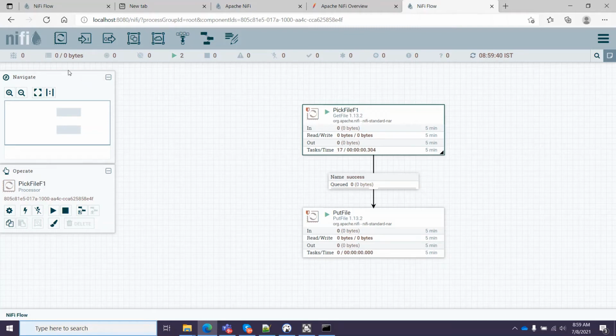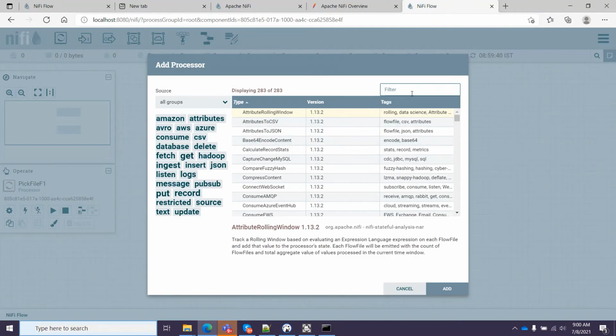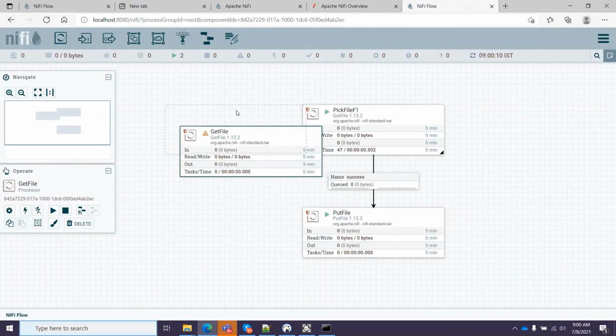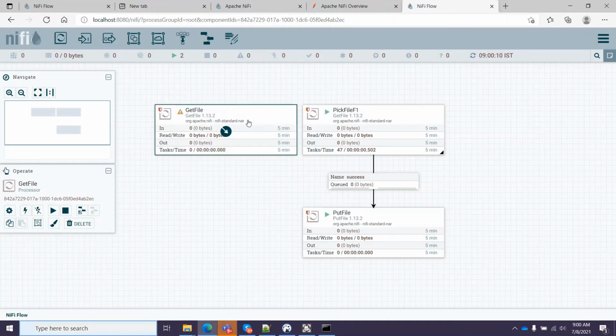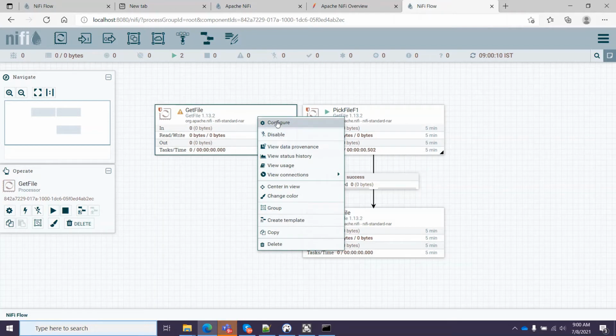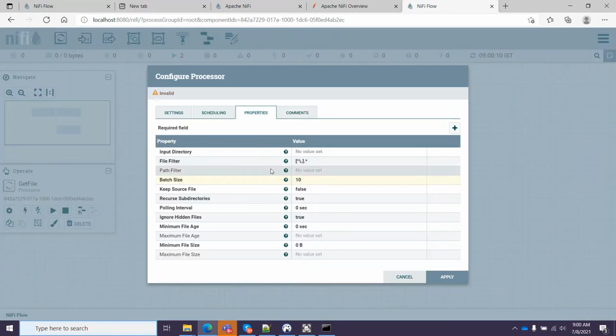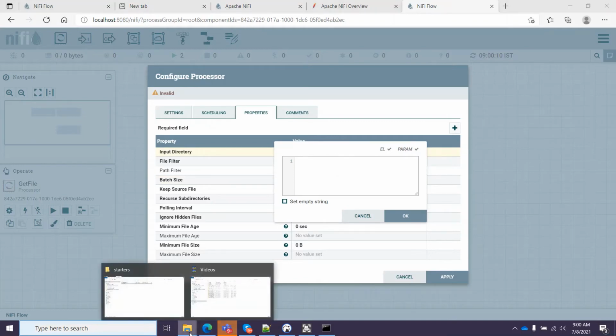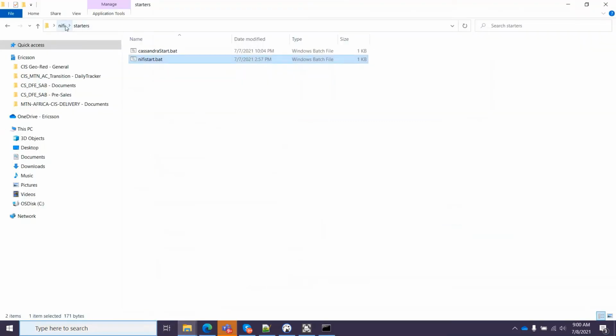So what I did is I create a processor, I drag and drop it, I do a get file, I go to the configuration, properties. So input directory I have to mention.